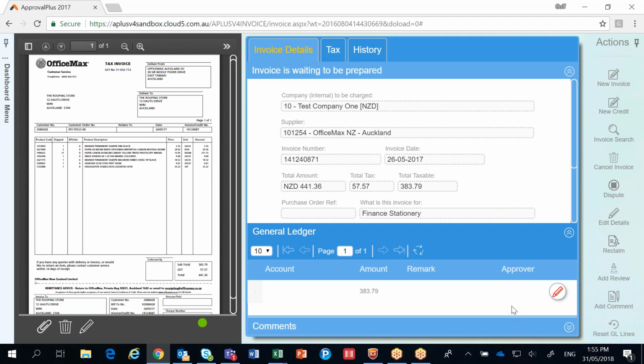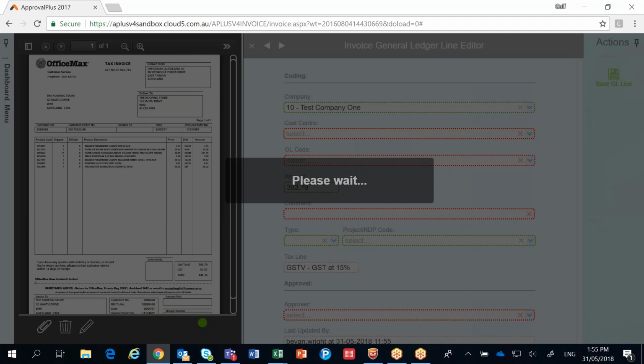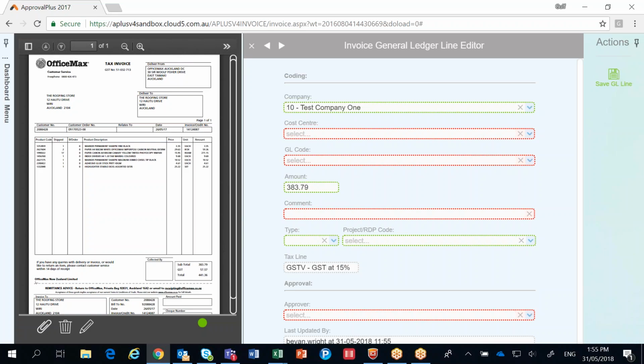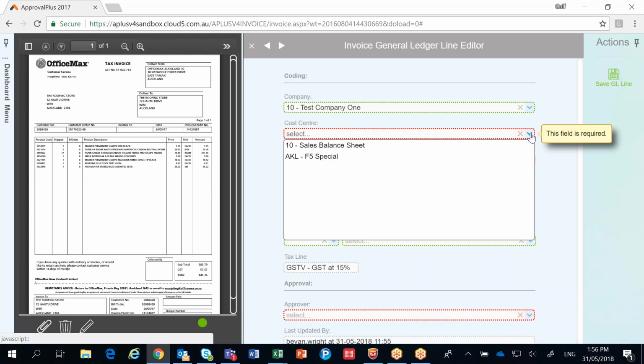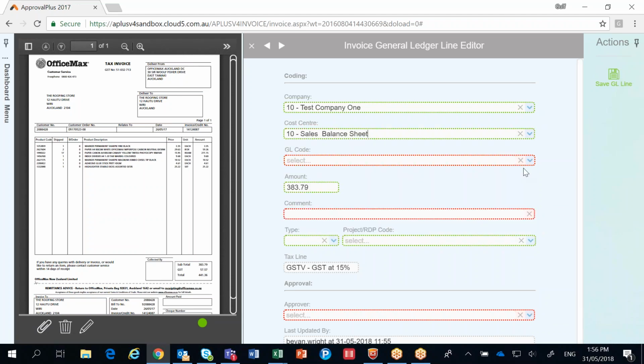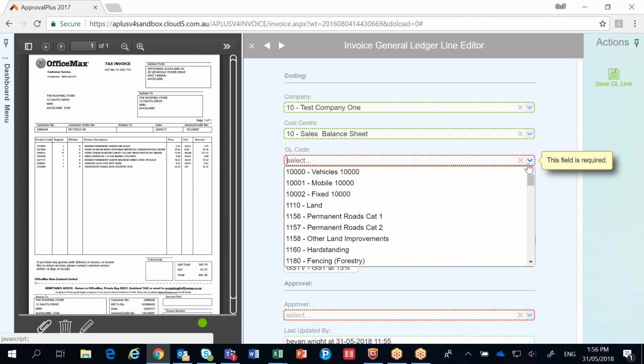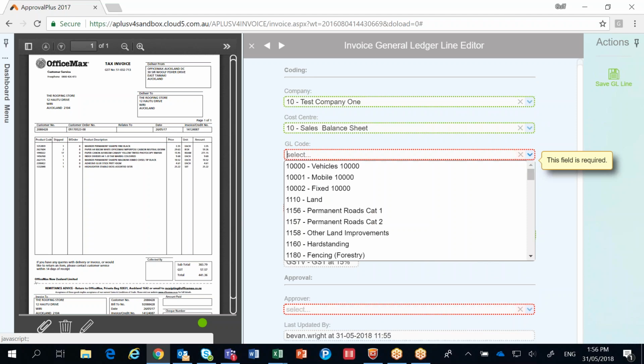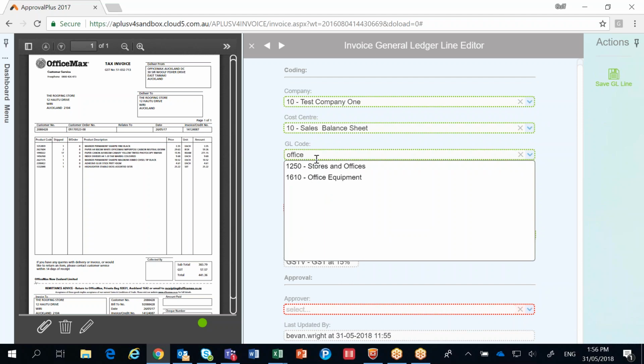So they would get email notifications that would go in their dashboard, and they would come in here and process it. So in our case, we're just going to go through the process and code it. So I've clicked on the pencil. We are now going to code this up. It's defaulted the company that I work for and where the invoice was processed against, and we get a list of valid business units or cost centers that we can apply this to, that I'm actually allowed access to. Okay, so I can pick the list if I know the thing I want to put it to. So for example, if it had the word office in it, I could start typing and it'll give that for